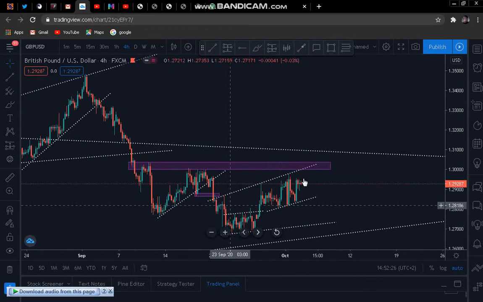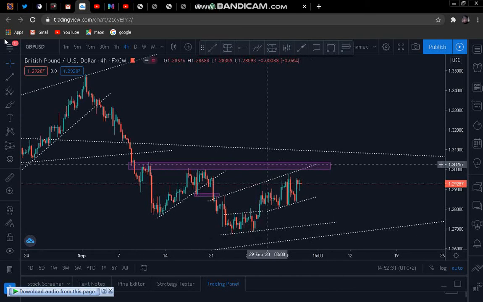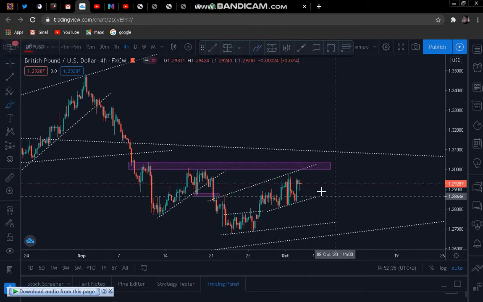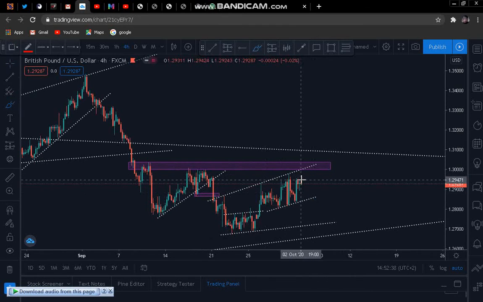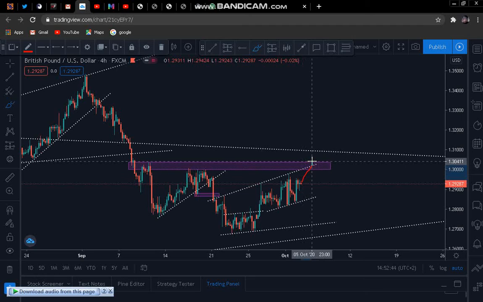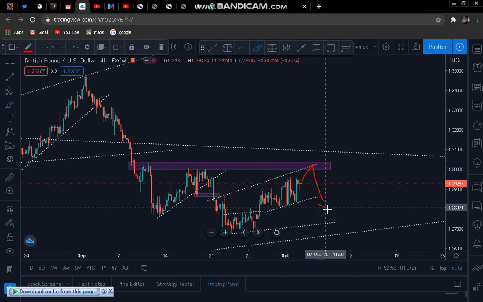So as you can see here, we have another ascending channel over here, and what we are going to be waiting for is the break. Possibly, because of what's happening here, we might go down into this area and reject off this resistance zone, and ultimately come down here and break into this area. So if this happens,